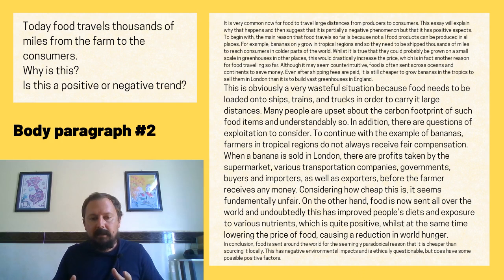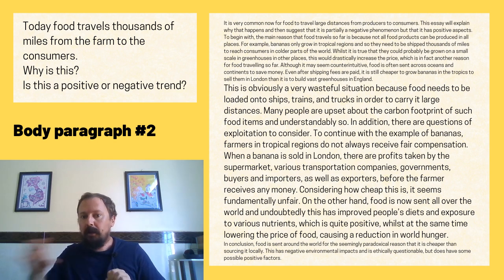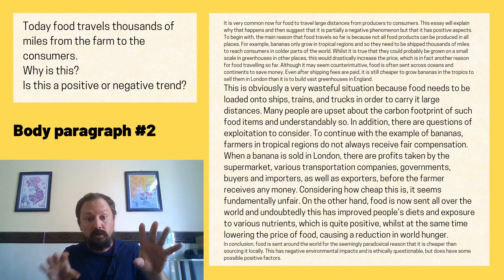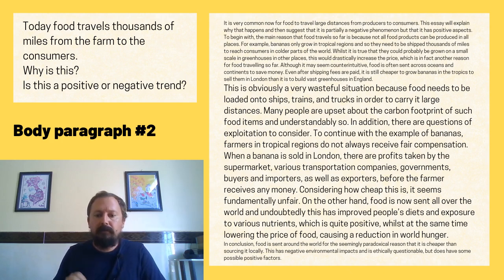So my last sentence is going to have a transition, on the other hand, and then it's going to give the positive aspect. Remember, when you say on the other hand, you don't have to say on the one hand and on the other hand. You can just show one thing, and then when you introduce the opposite, you can say on the other hand. On the other hand, food is now sent all over the world, and undoubtedly this has improved people's diets and exposure to various nutrients, which is quite positive, whilst at the same time lowering the price of food, causing a